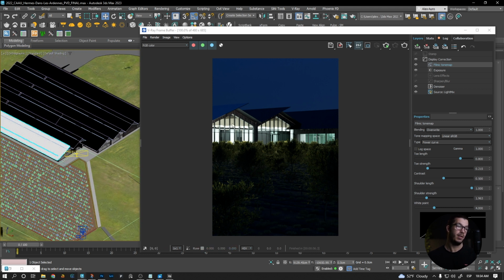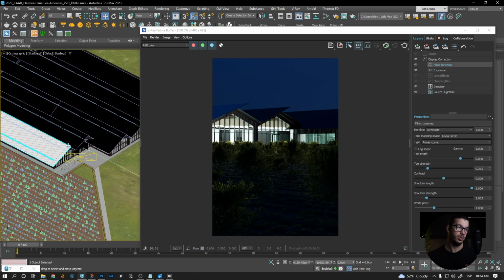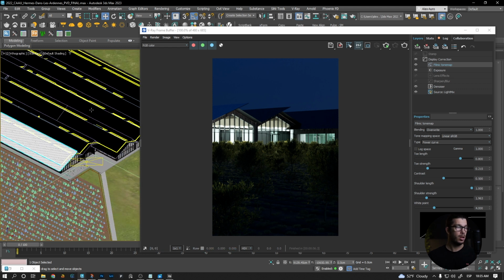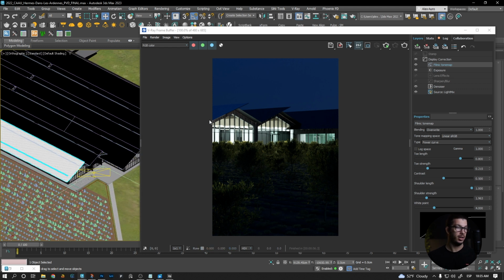First is that I don't have it for the whole scene, so I needed to create the ray clone for the entire scene, but it was too reflective and there was no definition. There was no big contrast between the roof and the sky that I had here. I wanted to have a result that was looking more like what I see on these other roofs that have no ray clone. So what I ended up doing is just creating a new ray clone with a new material,